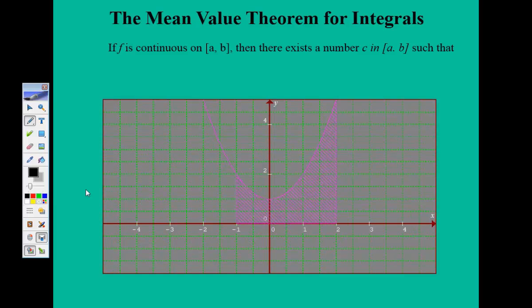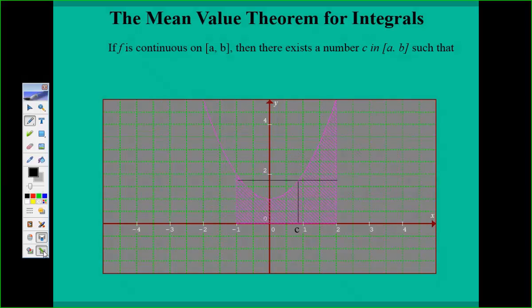If f is continuous on the interval a to b, then there exists a number c in [a, b] such that f(c) equals the average value. Now that c, plugged into our function, will give us the average value of the function on that interval. So here is, let's say, that value that we can plug into the function to find our average value,